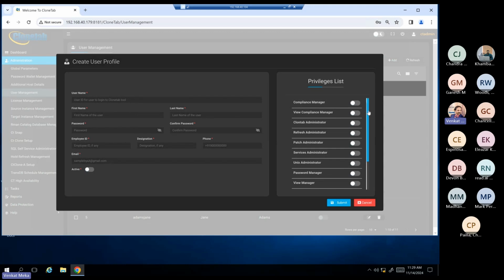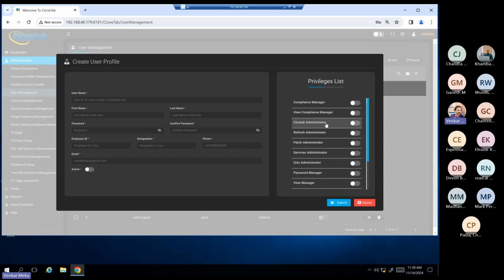And on the right hand side, you have several privileges. So you can provide the privileges like, say, compliance manager. This person, whoever has it, can define which field under which table under which schema should get scrambled using which algorithm. So this is a one-time definition, and no one else can see it unless they have appropriate privilege. The second one is the view compliance manager. This is read only, and this person can see what is getting scrambled but cannot change it. And all others, unless they are super users, they cannot even see that.